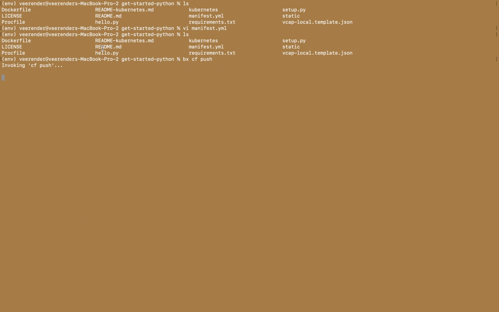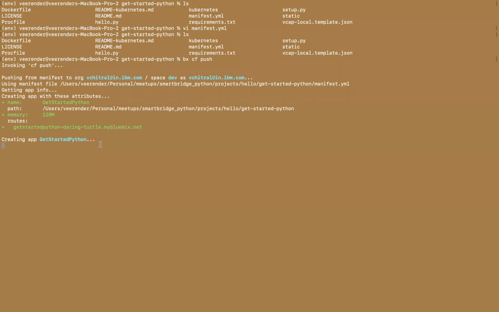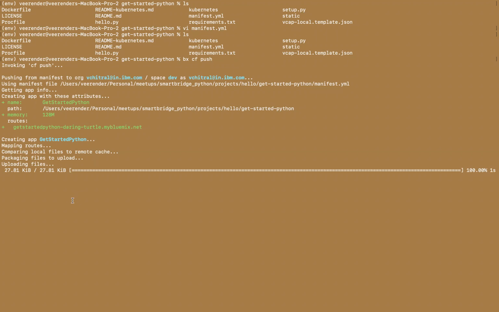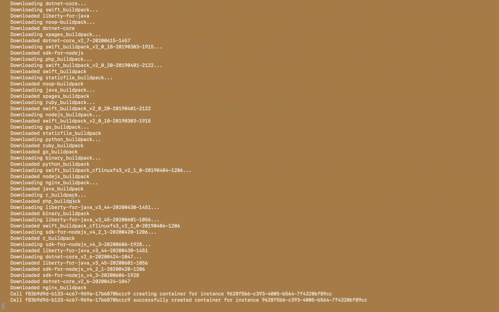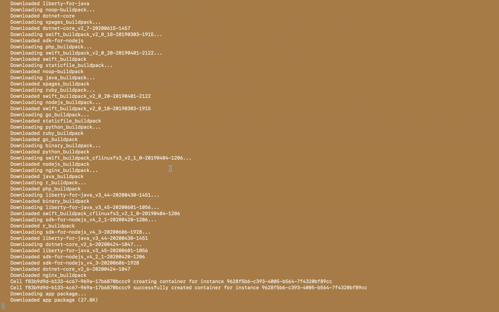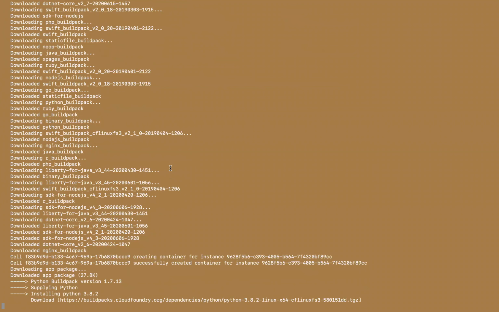You can see it's invoking the cf push. All the information you can see in the logs, so you can easily understand what it is doing. You can see that it's automatically picking up the download for Python dependencies.